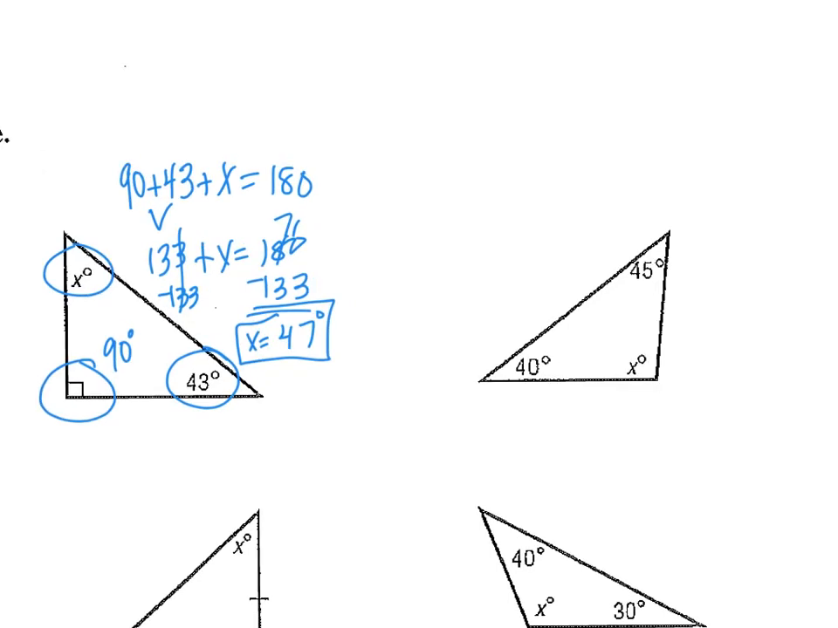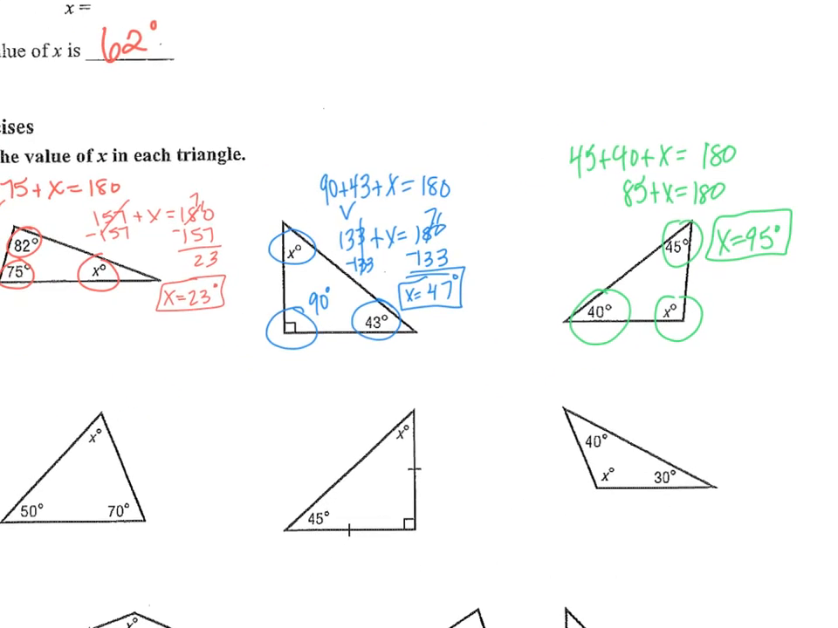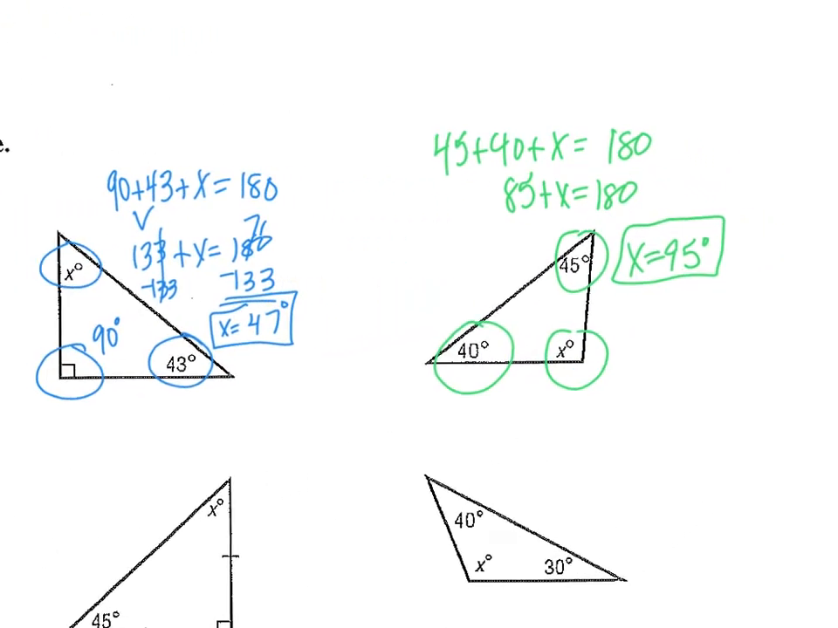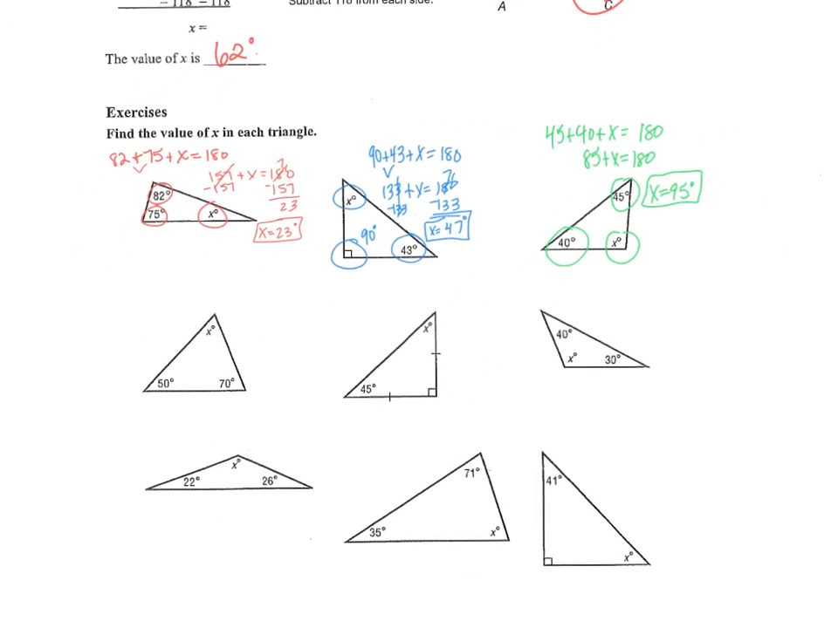Okay, last one. 45 plus 40 plus x equals 180. 95. Okay, what's the last one? 95. Okay, I'm done. Okay, so work the rest of these